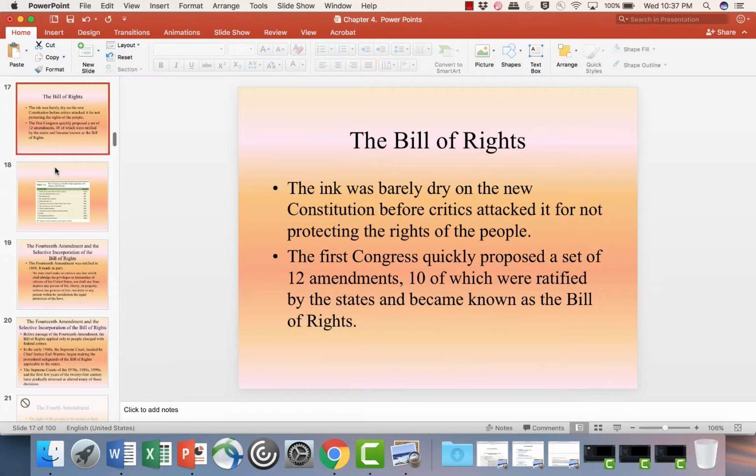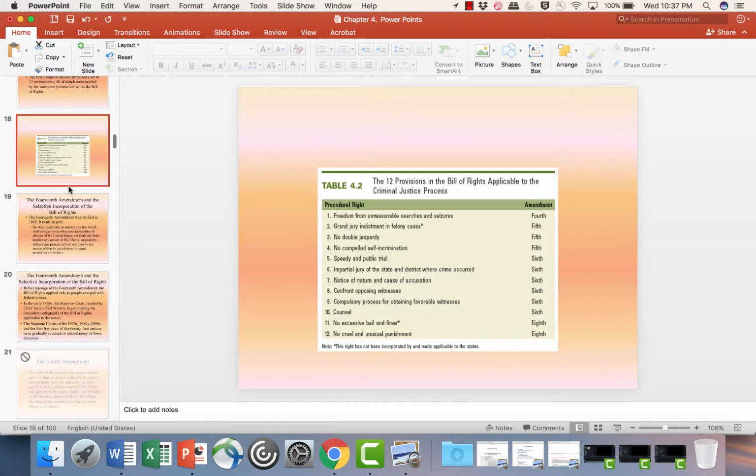It's important for me that you understand the difference of the Bill of Rights, that the Congress quickly, after they created the Constitution, proposed a set of 12 amendments, 10 of which were ratified by the states and became known as the Bill of Rights. And if you look at Table 4.2, it's really important for me that you understand the differences of